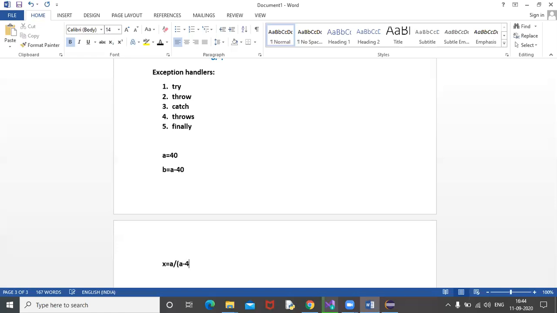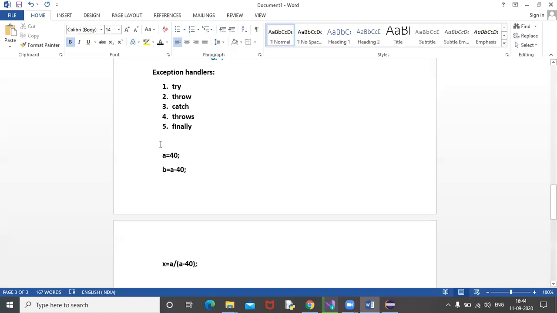What is the output for this? Can you tell? Don't bother about the semicolons. A is 40, so A minus 40 is 0. What is the answer for this? It'll be Infinity, or not defined. Yes, not defined. If you come across these kinds of things in your logic,